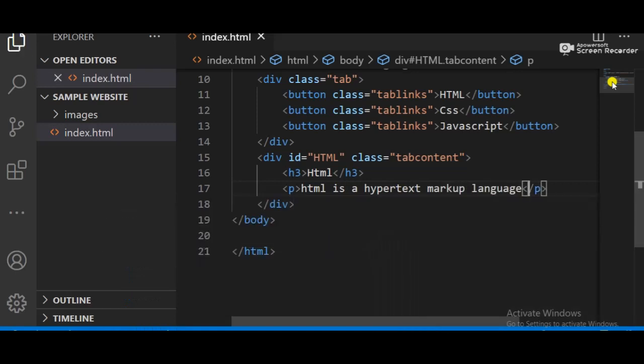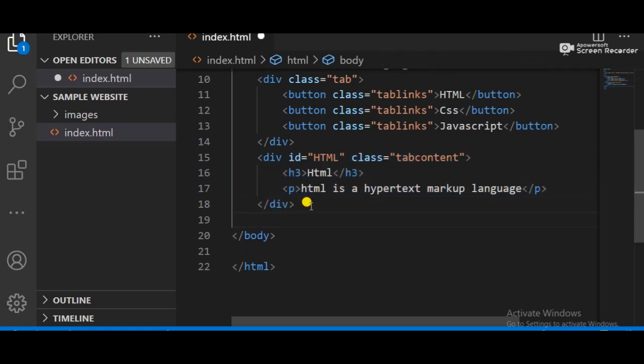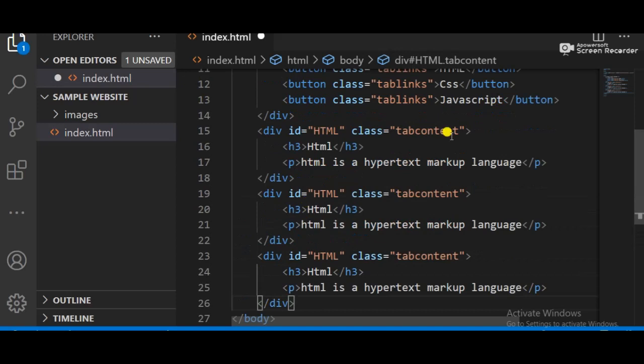I wrote this div for when the user clicks on the HTML tab link. Now, in the next step, I copied it and pasted it here three times, because I have three buttons: HTML, CSS and JavaScript, so I need to add this div three times.